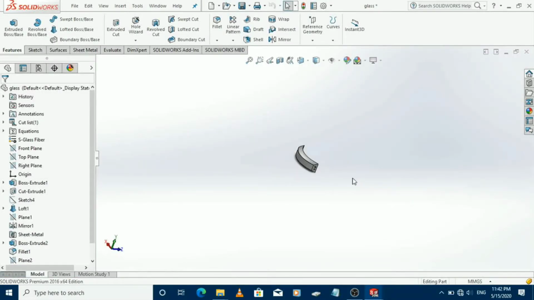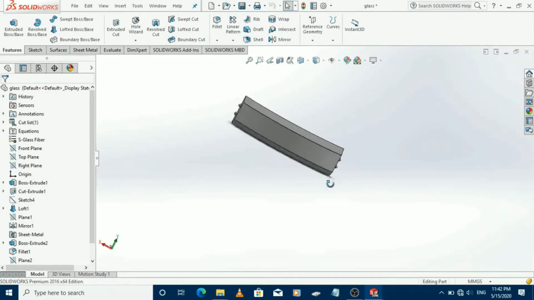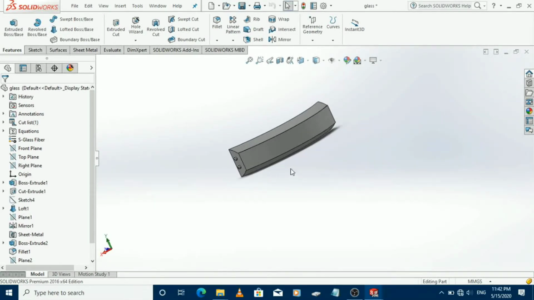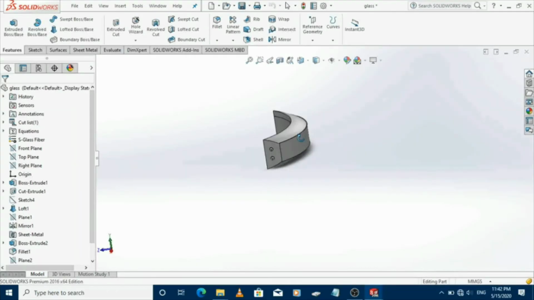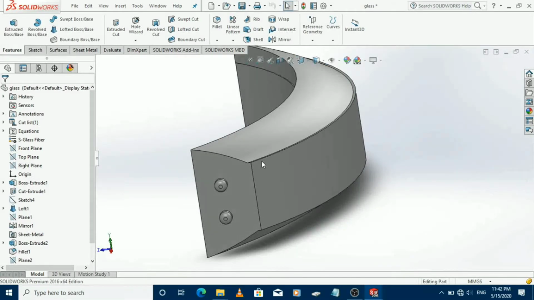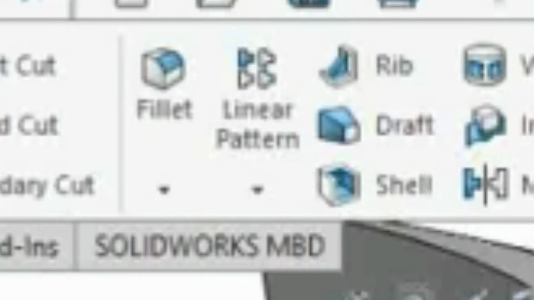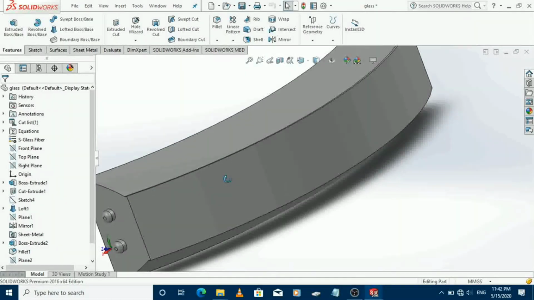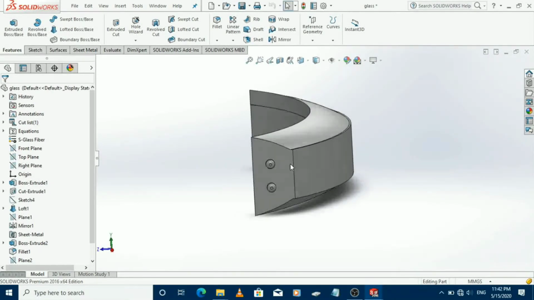So in this part we have a method to create this thing. First thing is to just use that curve which we previously made with convert entity and offset, take the offset and paste it here. So first thing is that, okay, and then you just use the chamfer feature for creating this curve, okay. This upper curve and this lower curve, you can just use this thing, and I personally like this.